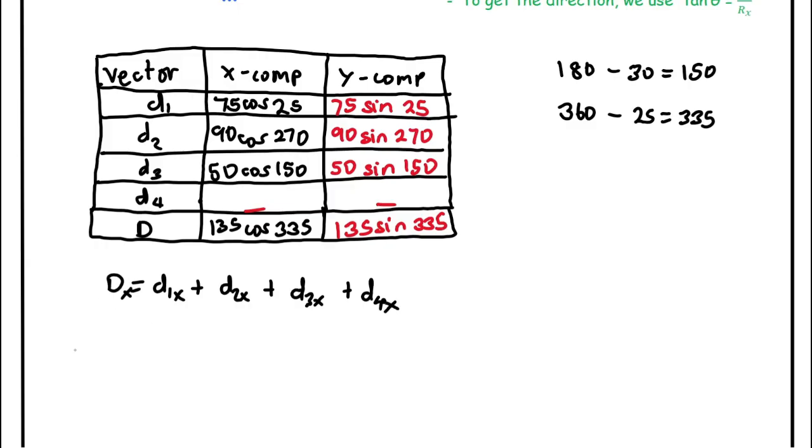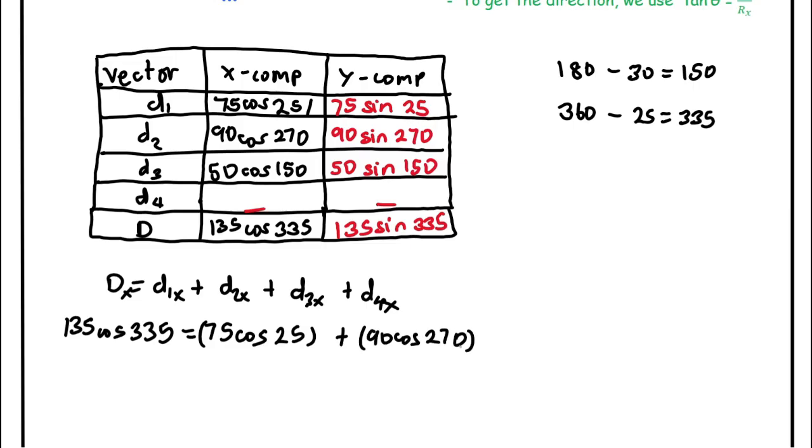So what's dx? This is 135 cos 335 is equal to d1x, which is 75 cos 25, d2x is 90 cos 270, d3x